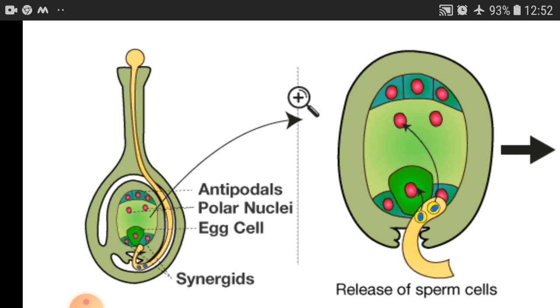The initial growth of the pollen tube occurs at the expense of energy and food materials stored in the pollen grain, but subsequently it derives nourishment from the cells of the stigma and the transmitting tissue of the style. The tube secretes exogenous pectinases and some other hydrolytic enzymes, which create a passage for its entry.